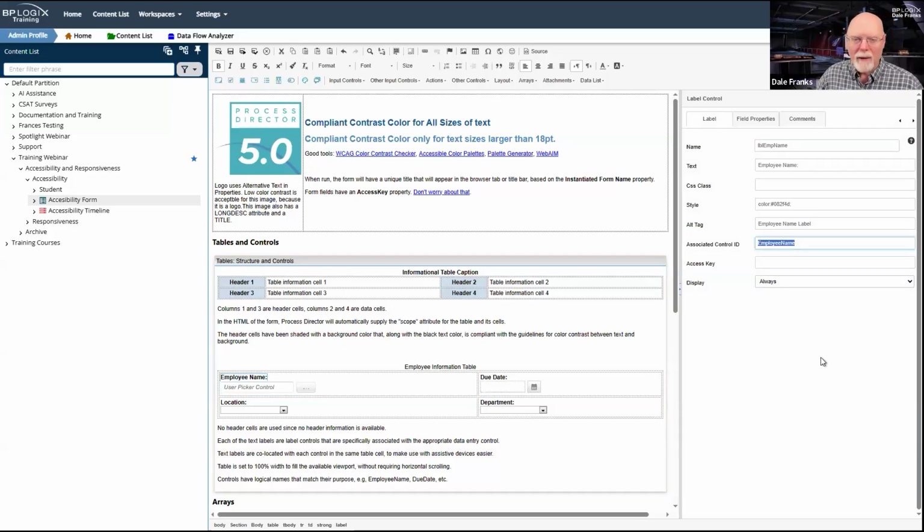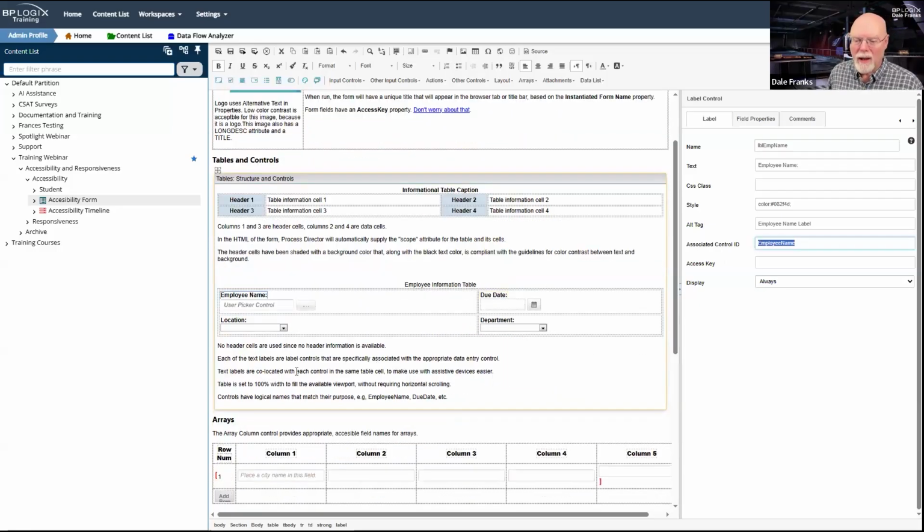It's required by level AA of the working group for accessibility, and so therefore it has been incorporated into Title II of the ADA. So we simply have to do it. So just keep that in mind. We have to have label controls. They have to be located in the same cell as the control itself.